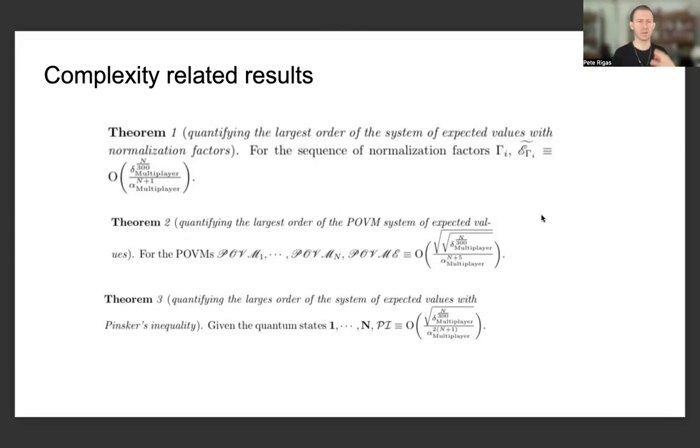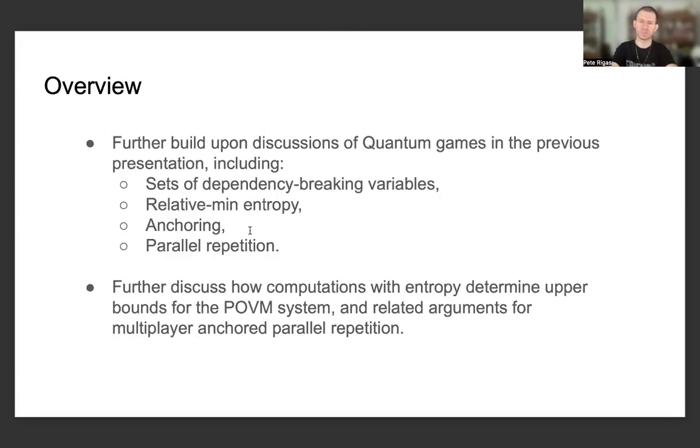of this series to reiterate how we've been describing these complexity theoretic results, how inherently they relate to systems of expectation values, which are inherently related to discrete probabilities, and what impact and implications this has for the decay on the parallel repetition of the anchored multiplayer optimal value. And so I felt that providing a reiteration of the overview slides from one of the previous presentations was